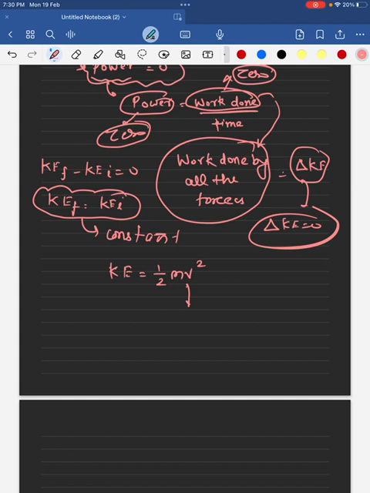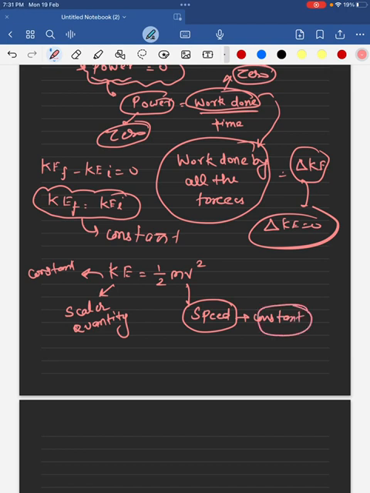This v is not a velocity because kinetic energy is a scalar quantity. That means this is not velocity, this is speed. And kinetic energy is constant, so we can say that the speed is constant. It means when a charged particle moves in a magnetic field, its speed is constant, but the velocity changes. Why, sir? Because velocity is made up of two terms.